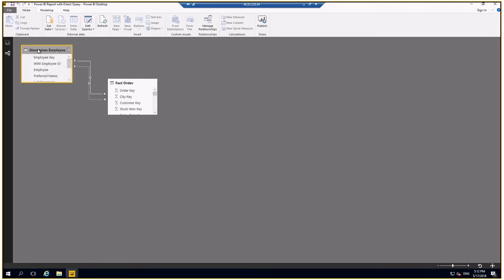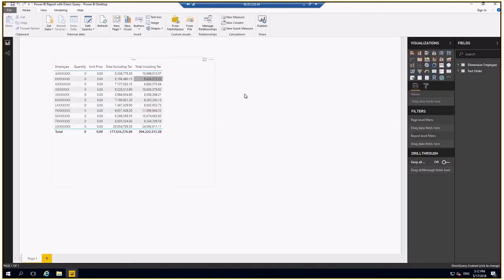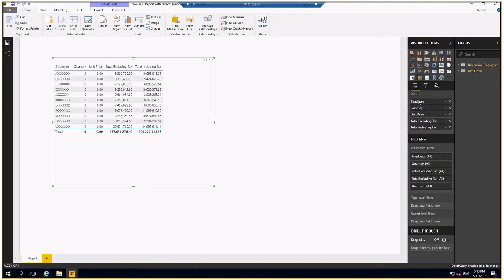I have my order dimension and my employee dimension and my order fact. And I'm creating a very simple table here that displays the employee's name, the quantity, unit price, and then the total values. So as you can see, because I have the mask applied now, the end user who's interacting with this data source cannot see the details regarding who made the order and how much and the